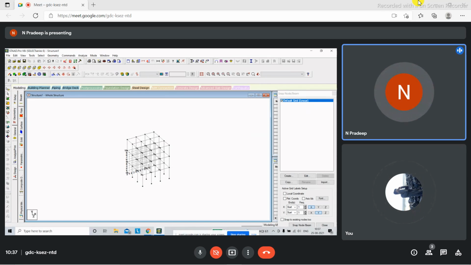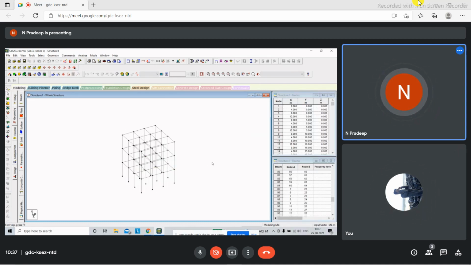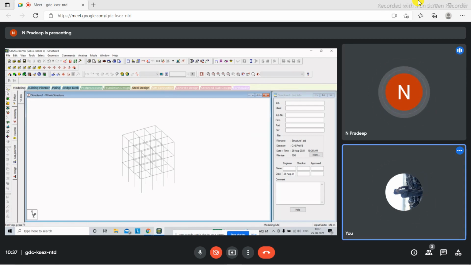Now this is the model that we have to work with. So what we'll do is we'll switch off the grid, and we see that the model is over here. One thing we need to understand in STAAD Pro is that in case you forget how to use it, all you need to do is follow the process in the process tab here. When you go to the modeling tab, you can see that all these processes are listed one by one.